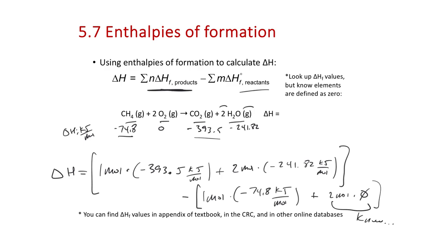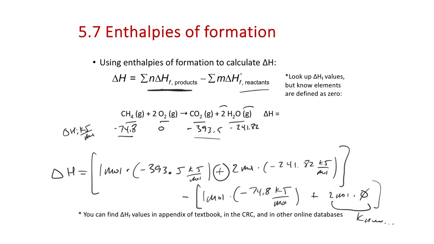And then the last thing is, well, there's a lot of things. I always say the last thing. Like a thing that's important is being careful with the minus signs. So when I put this in the calculator, I try to be very meticulous and do like negative 393.5. And I just always go plus 2 times, and then the negative 241.82. Like I try not to do the arithmetic. I try not to get so cute with my math when I put it in the calculator. I'm usually not flipping that to a minus sign because I make mistakes with that. So I like to just be very careful doing negative 393.5 plus 2 times negative 241.82, and then the minus